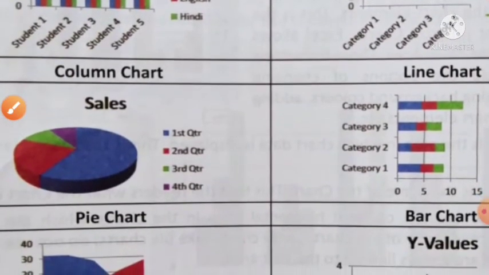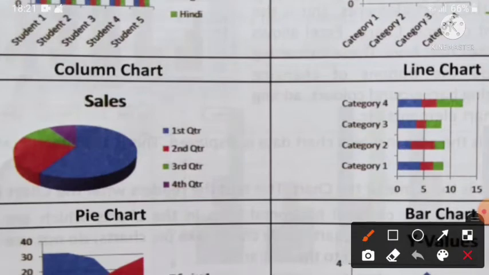Next one is the pie chart. As you see here, these charts display the contribution of each value to the total. These charts are used when it is possible to add the values together, or when the data consists of one series and there are no negative values. So it is the pie chart. It shows the contribution of each value to the total. Each color represents the contribution of each value to the total here.